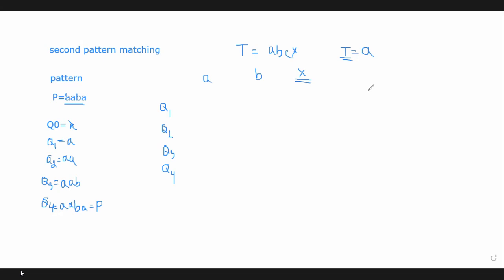It will match, madam. This is state Q1, which has a value A. Now, if we are adding another character A, then what will happen? Look at this. This is the first state Q1, which has the value A. And now, if we are adding another character which is A, then what will happen? Q2, madam. It will go to the next state.